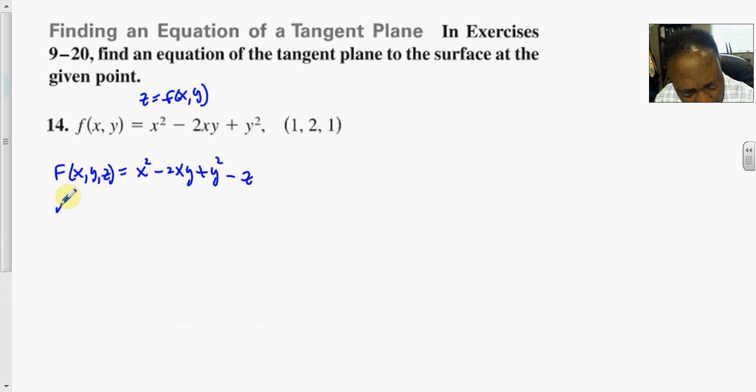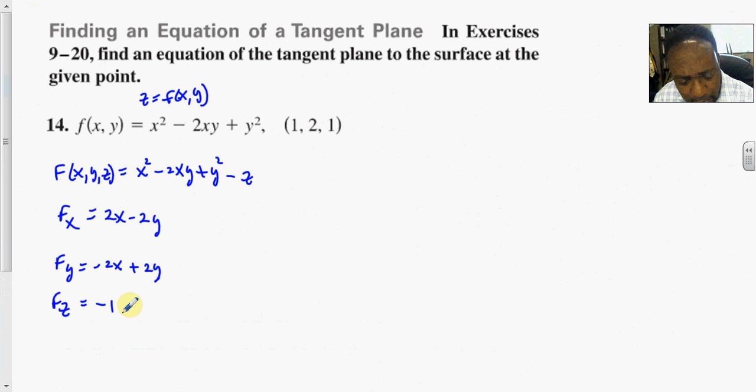So the partial of f with respect to x is 2x minus 2y. The partial of f with respect to y is minus 2x plus 2y. And the partial of f with respect to z is negative 1. Now we can calculate these partials at the point here. x naught, y naught, z naught is 1, 2, 1. So this becomes 2 minus 4,